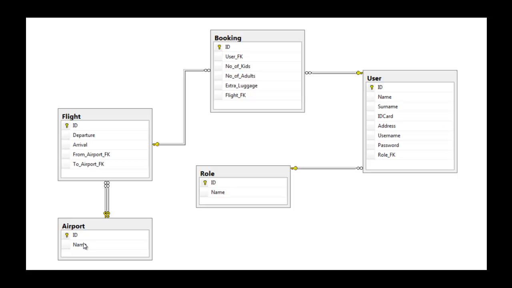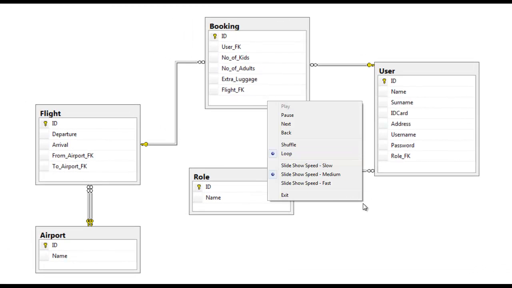Now, for the bookings table, we have the number of kids, number of adults, and whether they have extra luggage or not. Should we have in the future, in addition, for example prices, this would affect the price. Going over the code,